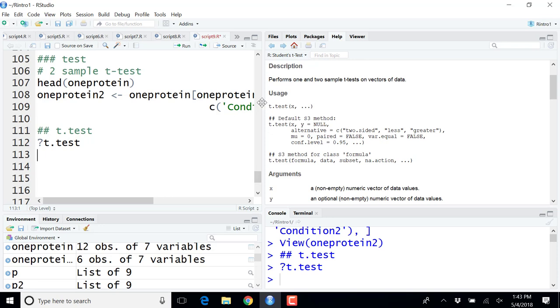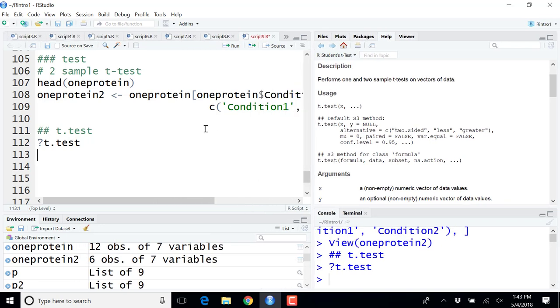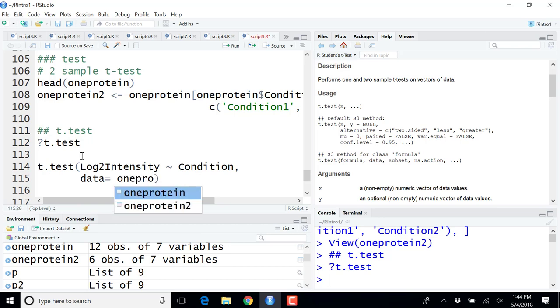Then let's try some very simple things. I just want to compare two conditions. I want to compare log2 intensity between condition 1 and condition 2. From which data? From the protein data, the one that includes only two conditions. Okay, then if you run it,